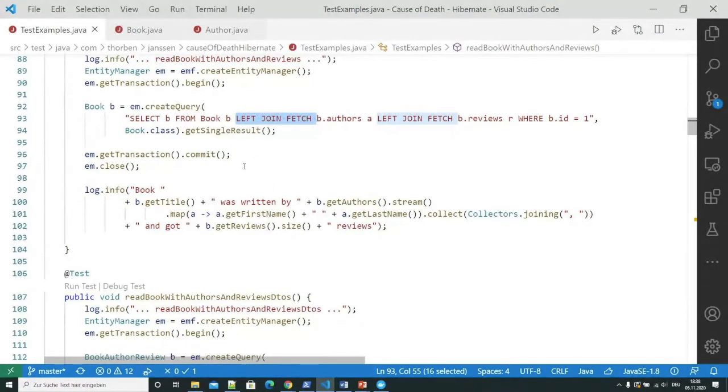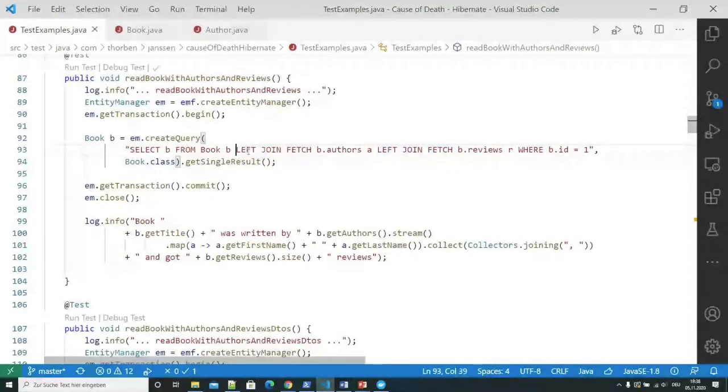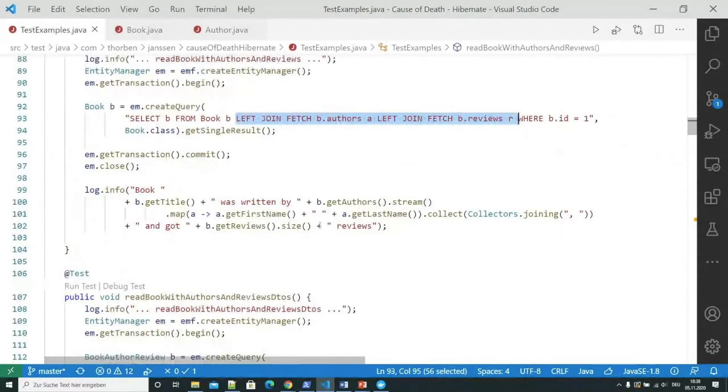If you want to make sure that your project fails, you just remove this left join fetch part, and you will struggle with the lazy initialization exceptions we talked about and the performance issues if you move that part into your transaction.